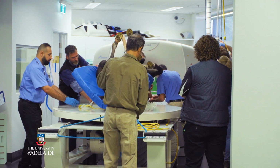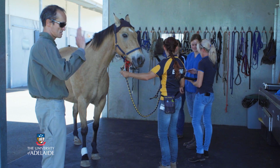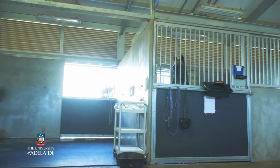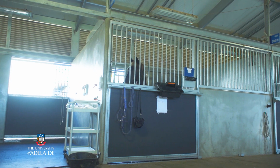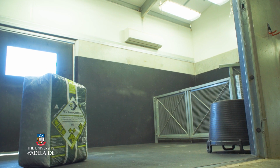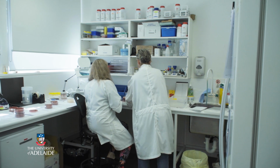At the equine unit and the companion unit, I know that there are always people there 24/7, so you can just ring up if you have any problems, and there's always someone on call to help out. And especially because it's a teaching environment, a lot of the stuff is pretty well state of the art. The specialists on campus can always provide information to the GPs that are handling a case, and they've just got that wealth of information at their